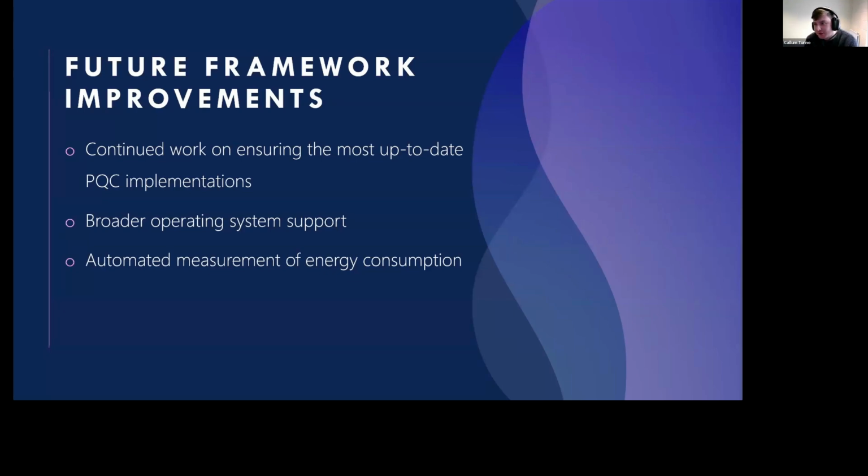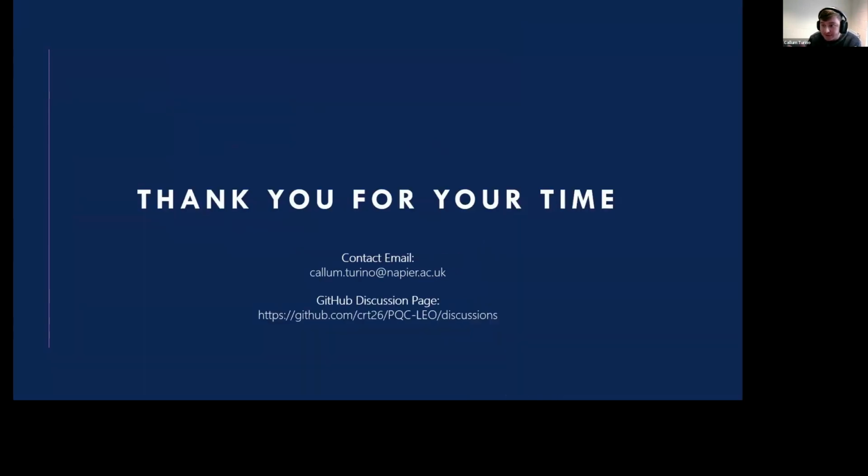But when it comes to IoT, energy is the biggest concern, especially when it comes to network transmissions. If we have larger signature sizes, we have to transmit more, which requires more energy. So we need to understand how much we're losing when we start integrating post-quantum cryptography into IoT. And that is it.